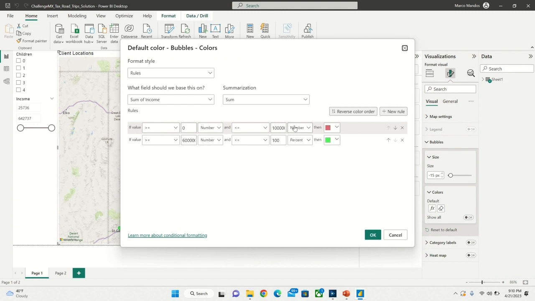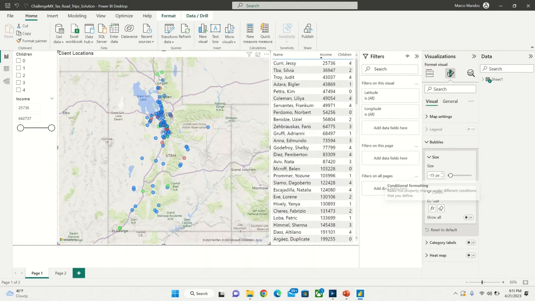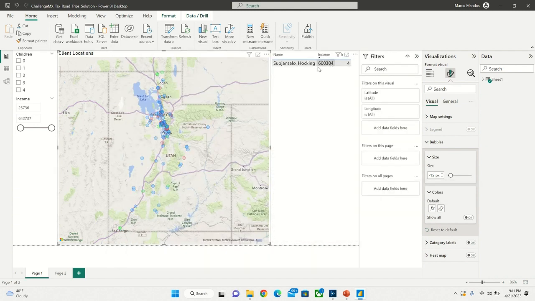And for the ones that are less than or equal to 100,000, red, and then they're going to be greater than or equal to 0. And then for the ones that are over or equal to 600,000, right here, you just add a new rule. Just click this button, and then same thing, just the max, which is like 100,000 or something. Okay, I don't know why it's reversed, but it works. Because if you click on this, 600,000,